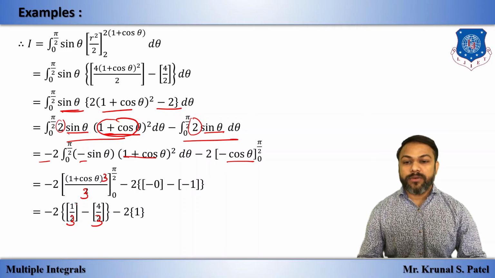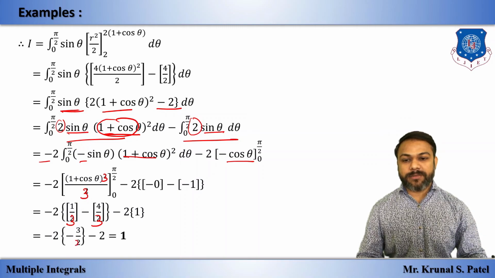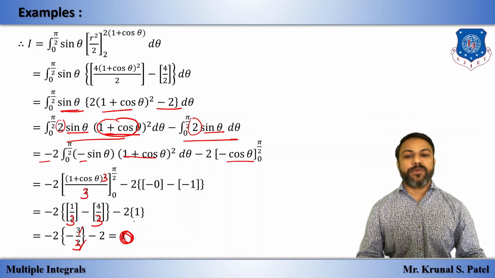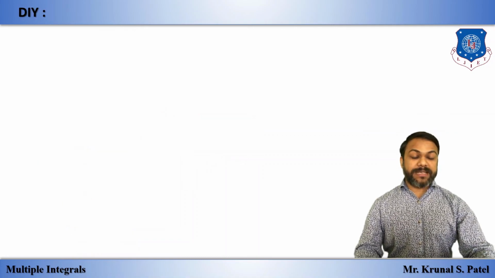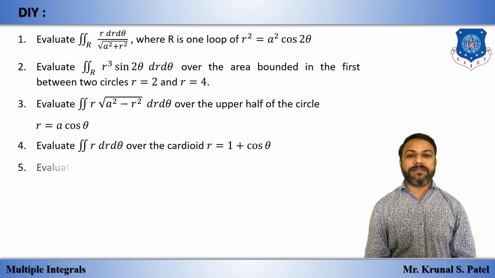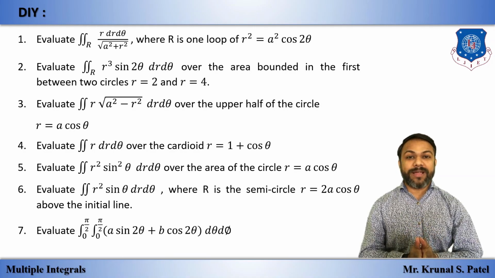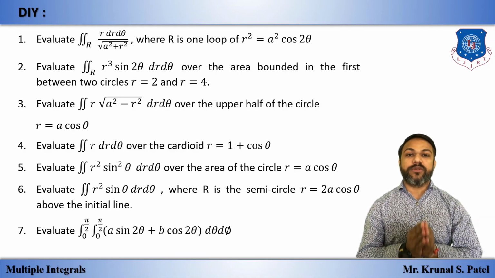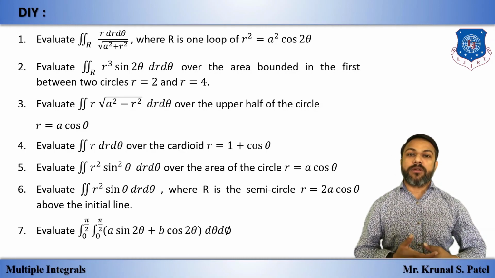So we have 1 by 3 minus 4 by 3, which is minus 3 by 3, and this cancels out. So we have minus 2 plus 2 plus 2 minus 2, which is 0. This is our answer. Make the correction. So these are the examples, and in the same way there are many examples that you have to solve by yourself. As I told, practice makes you more perfect, and if you have any query you can contact me personally. I will explain and solve your queries.